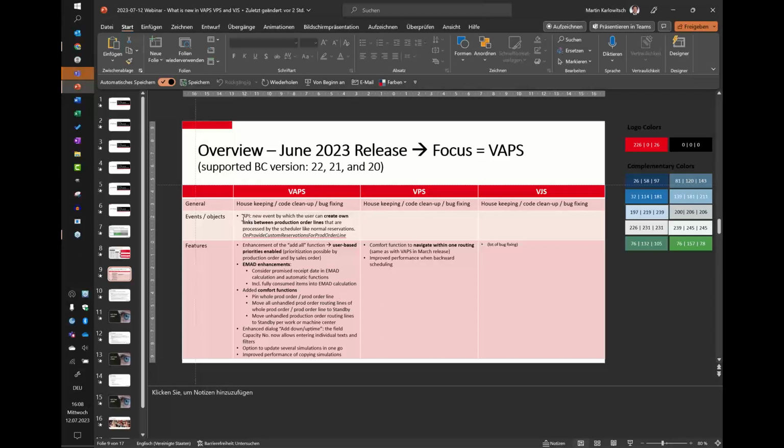As you know, we have an API for all of our extensions, and we enhanced the VAPS API by a new event. And this new event, it is 4 lines on this slide, but it was a major enhancement, major development,